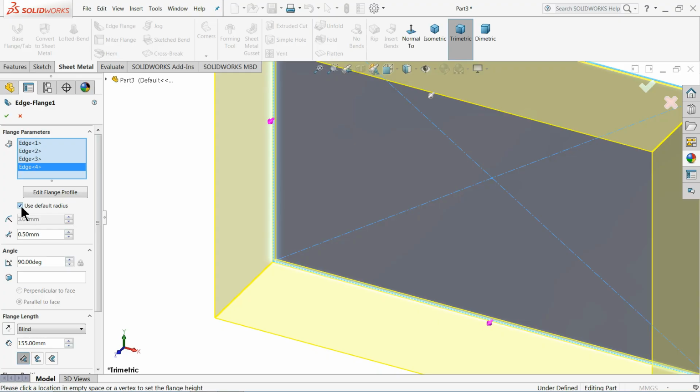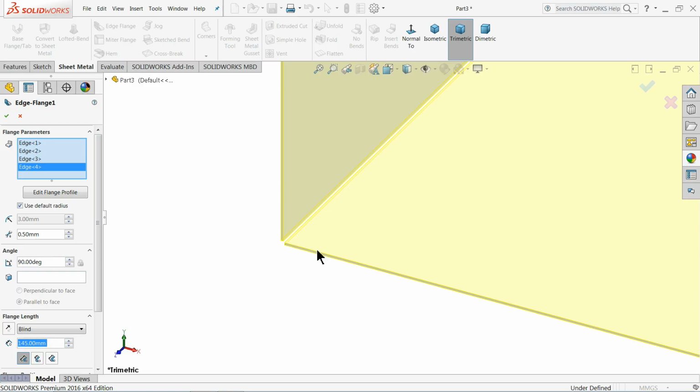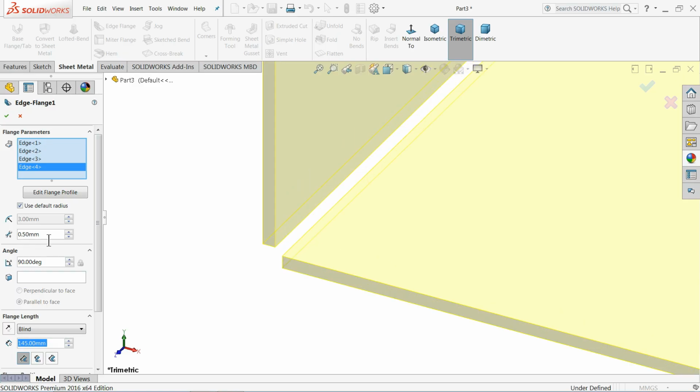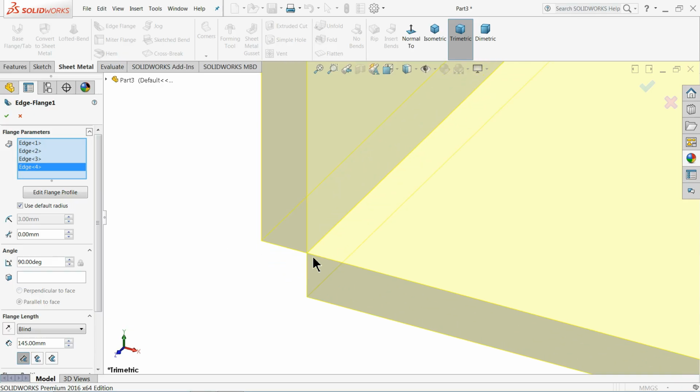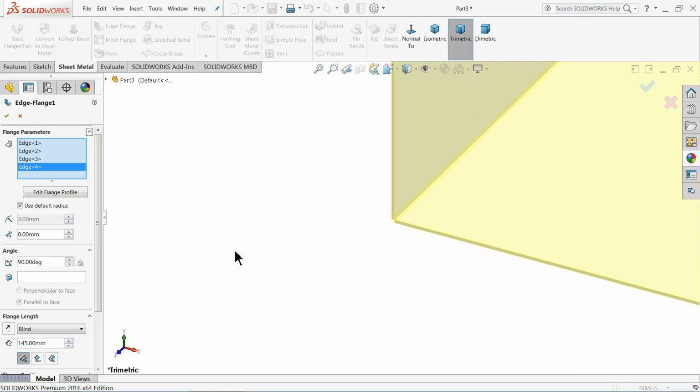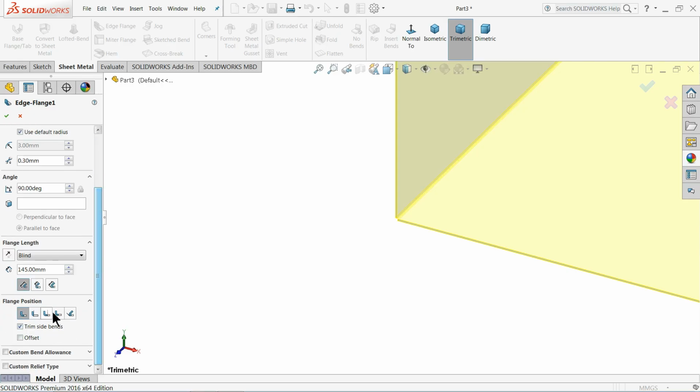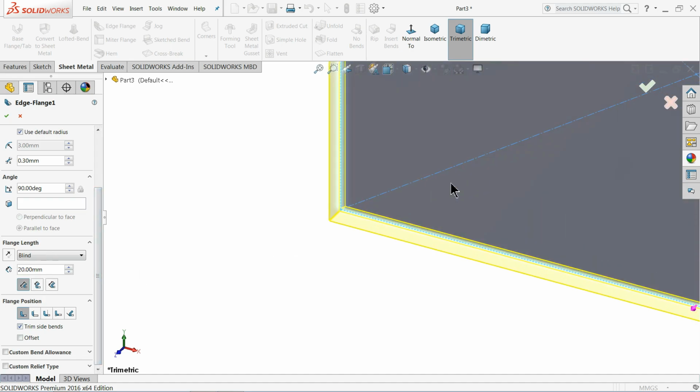If you like to change, you can change it from here. Gap I'll prefer 0.5 millimeter. This is too big gap. Even you can, if you want to reduce 0.3, you can see it's reduced. Even though you can make 0, see there is no gap, but very difficult to make the 0 gap geometry. 0.3 mm, 90 degree, 20 millimeter. See,